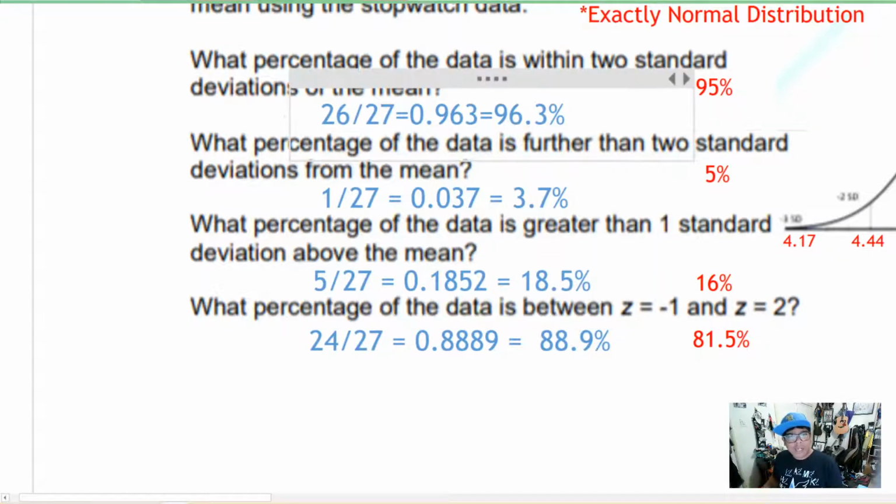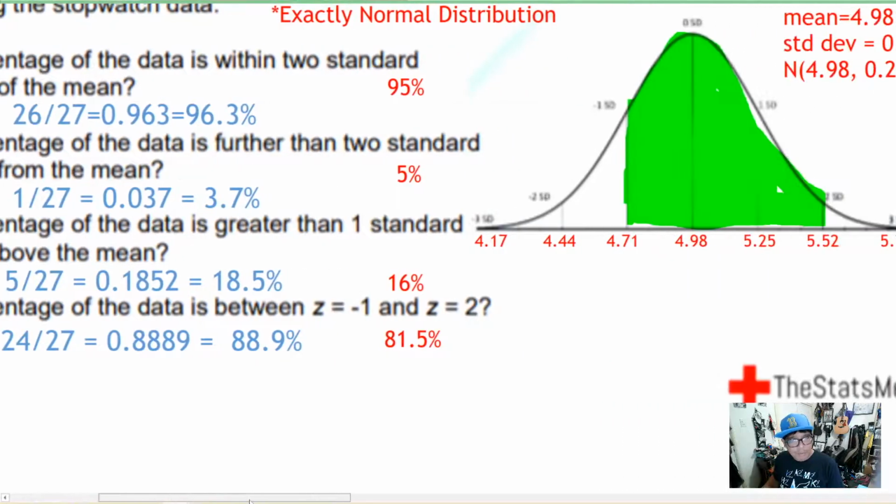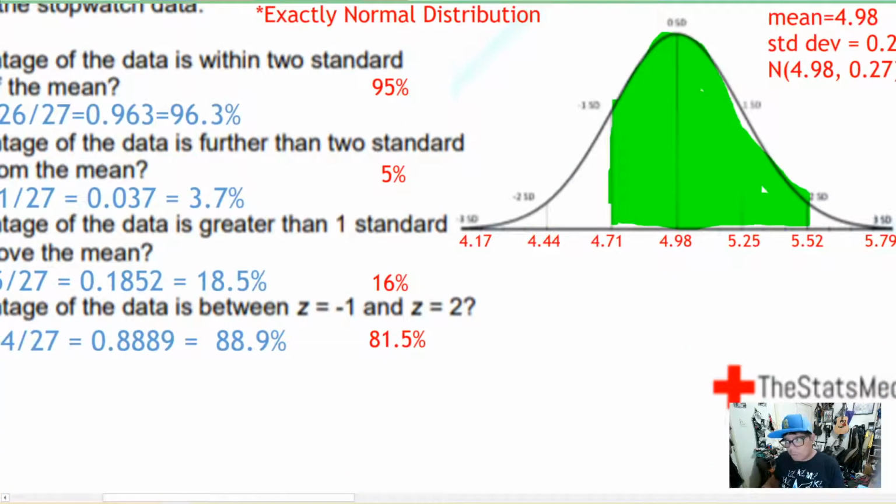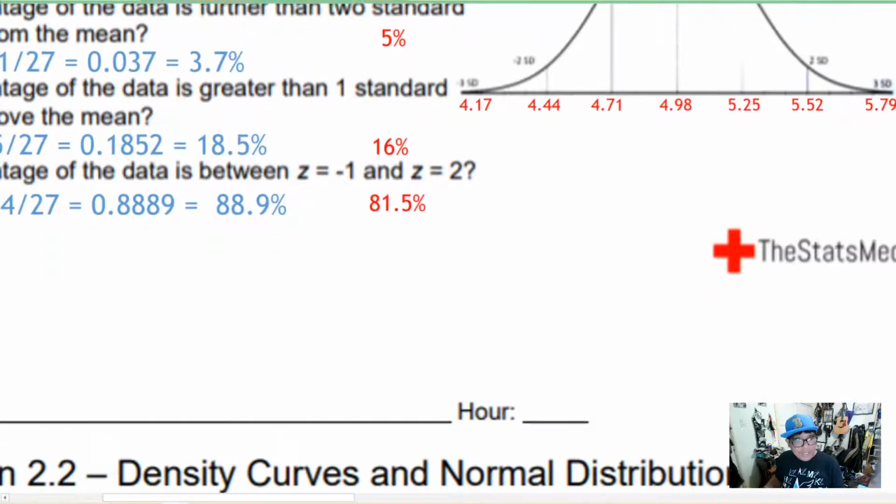So you can kind of tell, since our numbers are not exactly equal to the normal distribution, this distribution of stopwatch times from the actual class isn't exactly normal. And that's why we say it's approximately normal. No distribution will ever be exactly normal if it's taken from real data. So it's important that you notate things as approximately normal rather than exactly normal. And that takes us to